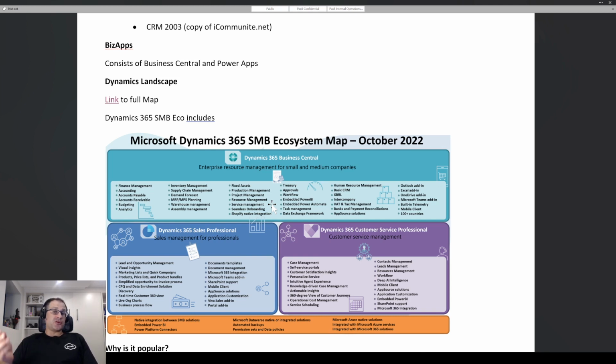Not as comprehensive as the Microsoft Dynamics service management module that they have, but it does have one as well. So just be aware of that, and don't confuse the two. Also,